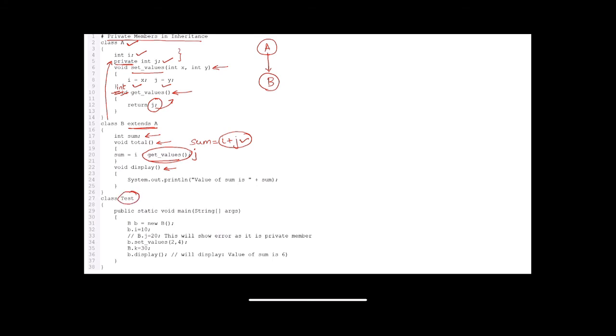So using my test class, I'm having a main function in it. I have created an object b of B class and initialized the value of i as 10 directly. Since i is the default access modifier, it will allow its value to be initialized. Now, coming to this line, if I call my j value or I initialize my j value as object b dot j equals 20, it will show an error as this is a private member. To resolve this, I have to use a function.